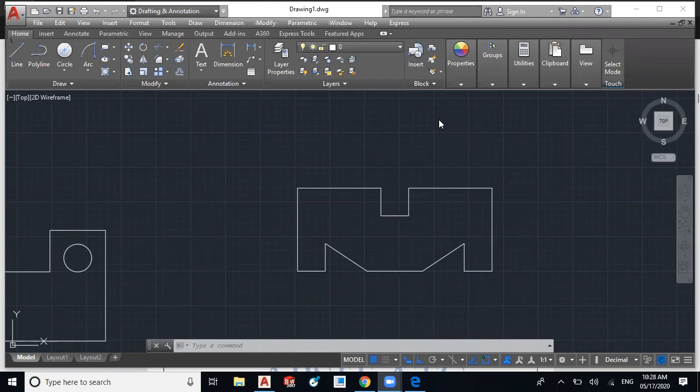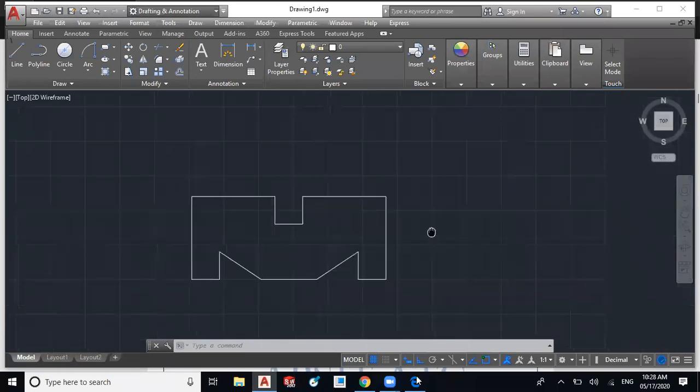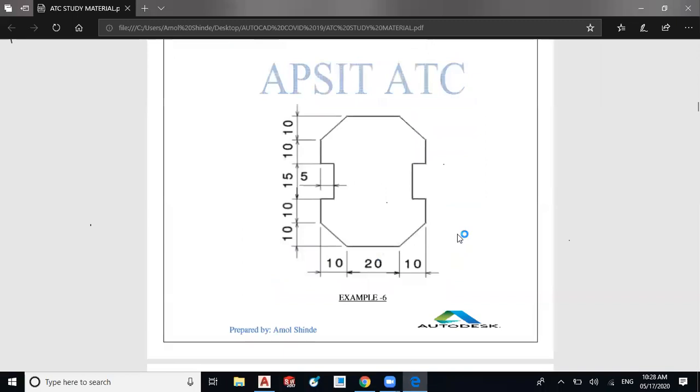Yeah, tracking I have repeated. I have to repeat. Okay, fine. So in this example, you can use the chamfer command on the four corners.